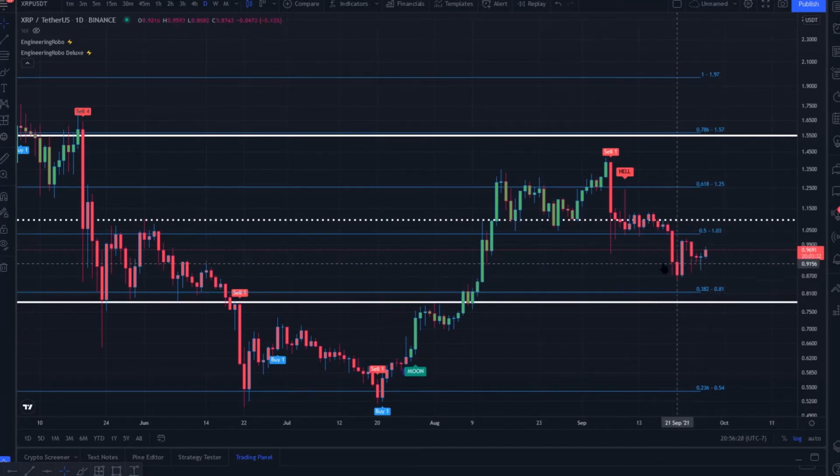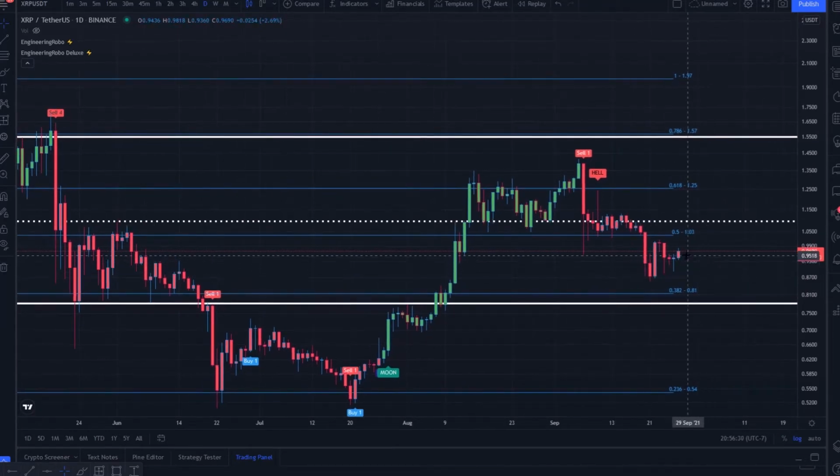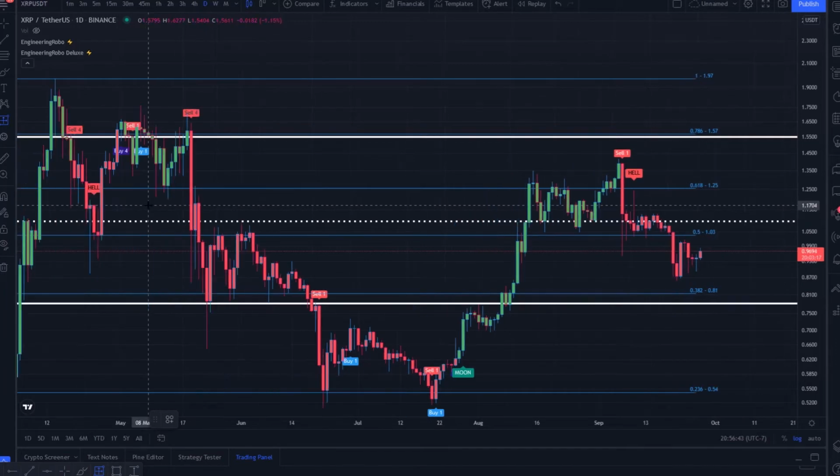However, at the moment, I do believe we're still establishing support through this break downward here. We have all of our robo advisors bearish on price action, and so I do believe continued sideways accumulation and consolidation may be necessary. If we look at the last time that we saw these bearish suggestions,